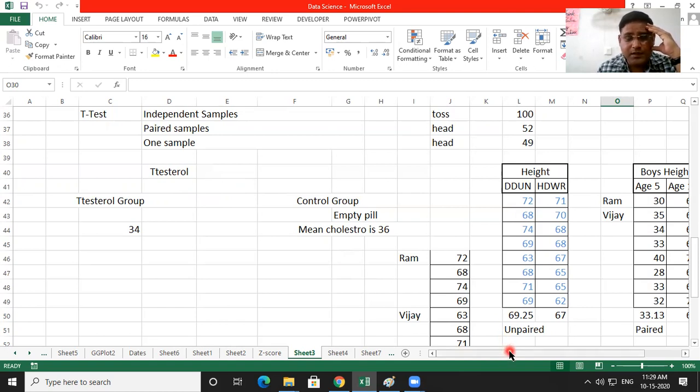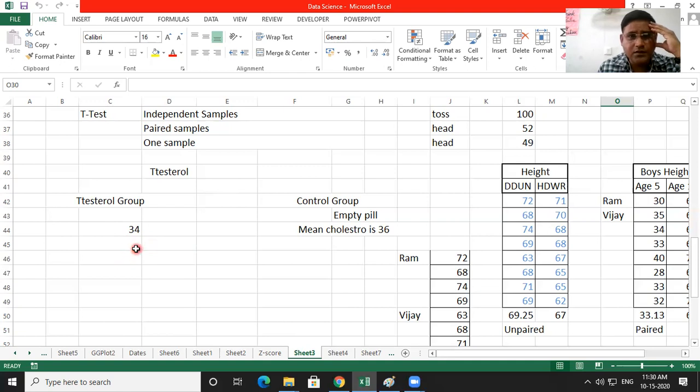So in independent sample, let us suppose I took 50 people, and I gave them that Coronil tablet. And I have another group, again 50 people in that group, and Coronil tablet was not provided to them. Both the groups, the people are corona positive. So to group one, to whom I have given this Coronil tablet, after 7 days or 14 days, I will check if there is a significant difference in the level of corona in these two groups.